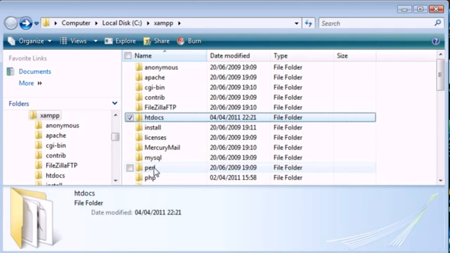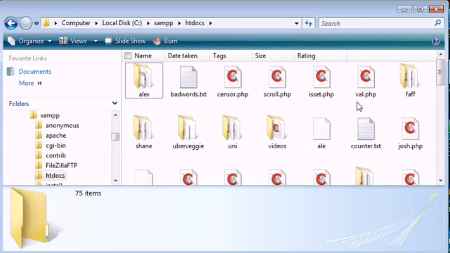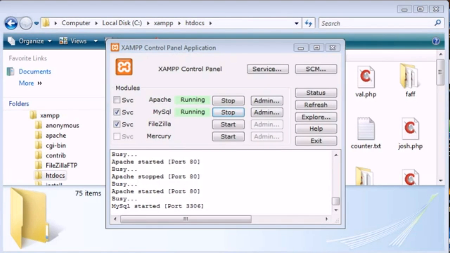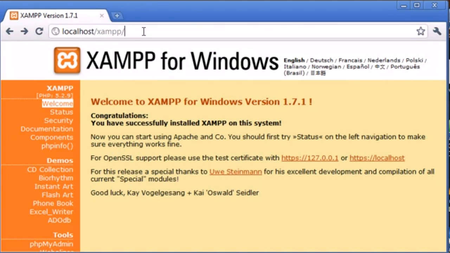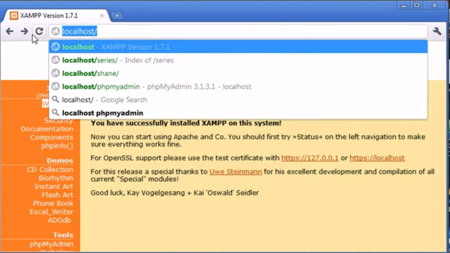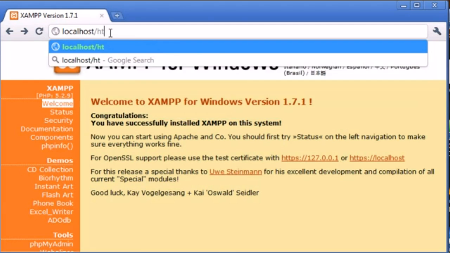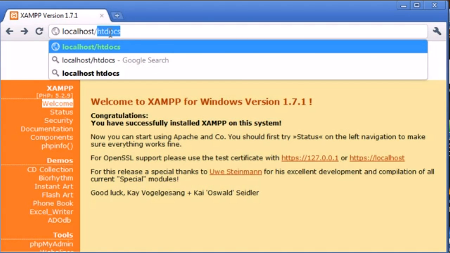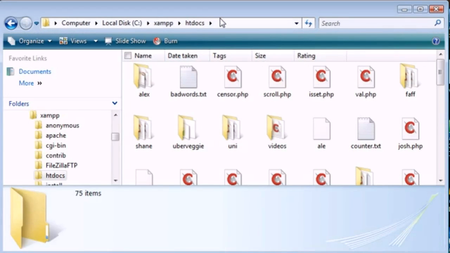Okay, so htdocs is the folder that I want to focus on in this tutorial because we're going to be creating our first file. Now inside htdocs at the moment it's a bit of a mess for me. I've got a few files in here, but we want to create our PHP file in here. So let's just open up our browser. So you know now that we access our local server from localhost. Now we don't need to do localhost/htdocs/ and our file, because htdocs is the root directory, if you like, for where